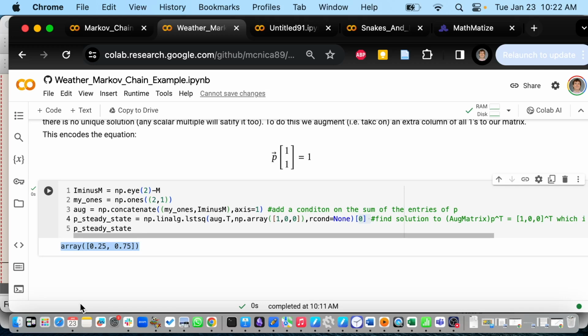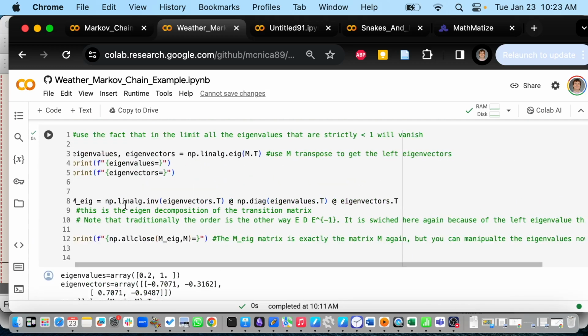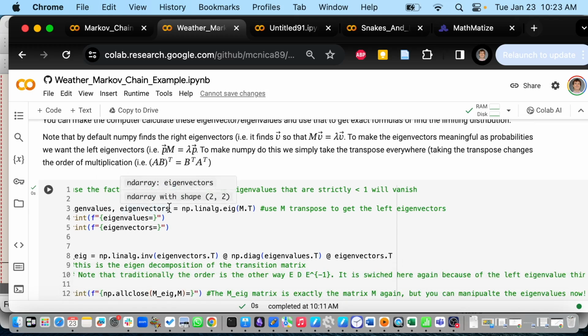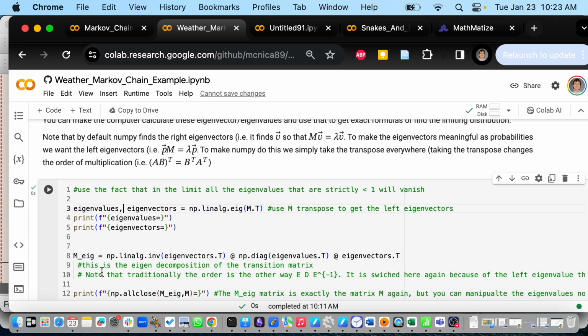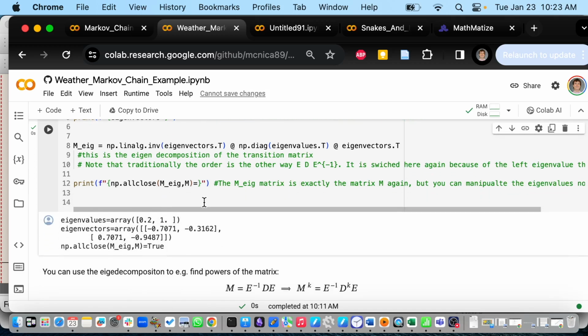Okay, there's one other thing that we did last time: the eigenvectors and eigenvalues. Again, I did that by hand, but here is the exact same thing on the computer. There are no tricks, you just need to know the command is np.linalg.eig. If you say eigenvalues, eigenvectors equals np.linalg.eig, then it will automatically compute the eigenvectors and eigenvalues. And then you can compute powers if you want. Here are the eigenvalues and eigenvectors that I found.